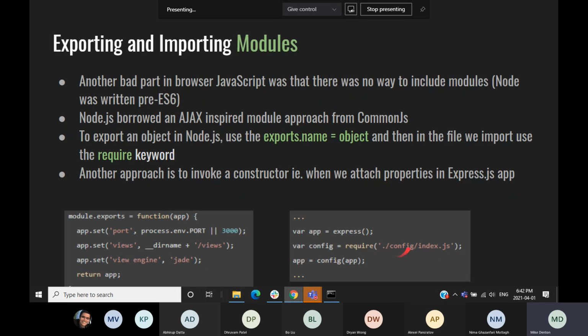Like, in fact, we could have just done /config. I forget how you call that, but it'll actually traverse up to that folder and look for index if it finds it there. I don't know if we did an example there that you can actually use an index.js file to